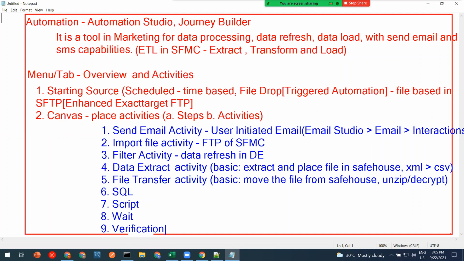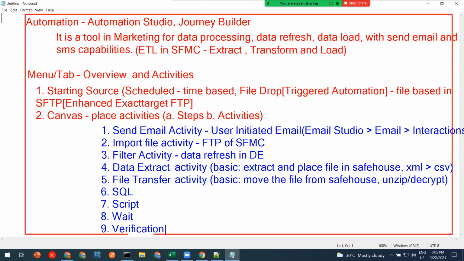There are many other activities which you might have to learn based on their availability in your tool. The only thing which might not be available in any Automation Studio is data extract. You might be able to see it, but you might not be in a position to use it because data extract activity is an additional one. So 9 activities are present here. Very good. I'll be pausing the video and taking a screenshot of this so that I can share it with the link in the YouTube description. We'll continue and try to understand each of these activities.